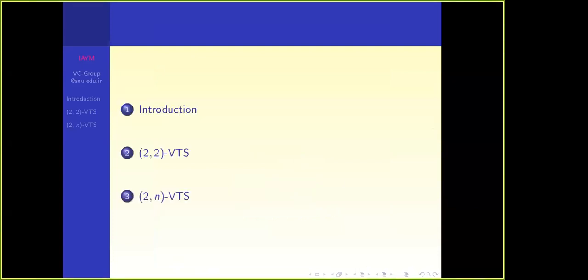So the idea is that there is a 2 comma n visual crypto. I'm going to cover only those. In general, k comma n. What does k comma n mean? I'll give something to n participants, and if any k of them come, they'll get the secret. I'll explain with a simple example.